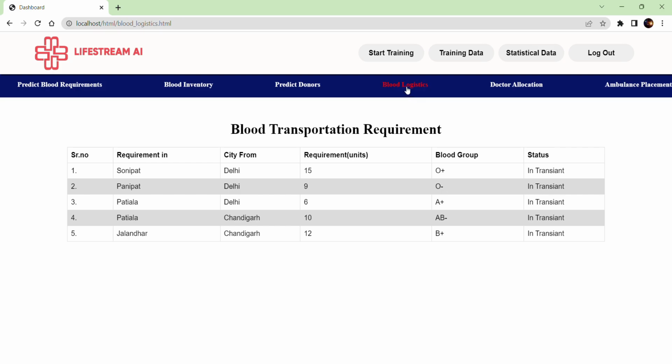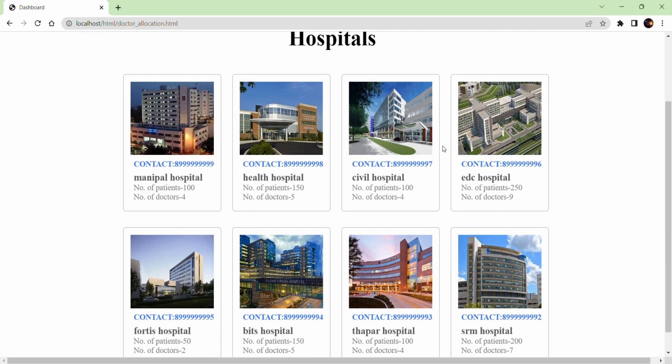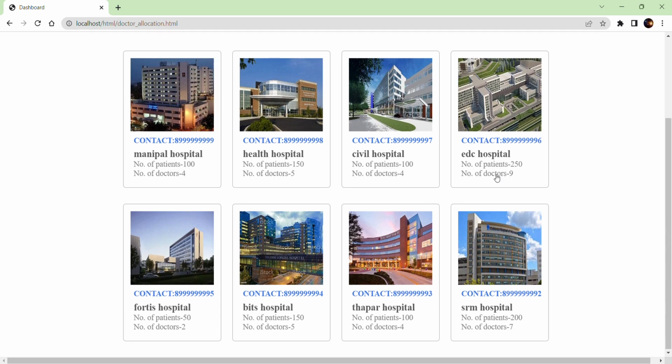Now let's go for doctor allocation. Doctor allocation is a simple feature that works inside a city. It is also an AI based model. What it does is that it divides the city into several areas and the hospitals. It has the data of how many patients are in a specific hospital. It has the area that how many people are residing in the area, and depending upon these factors, it assigns